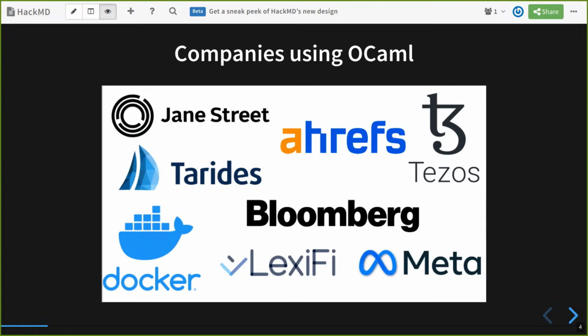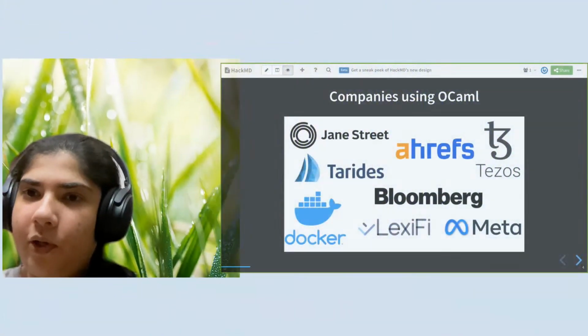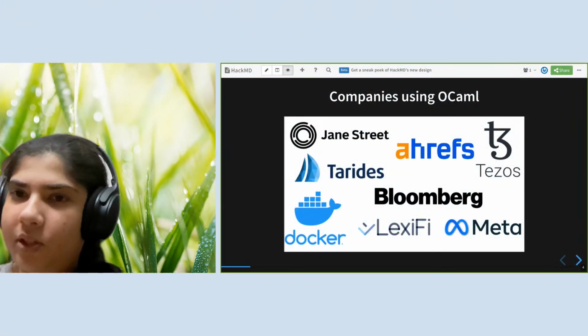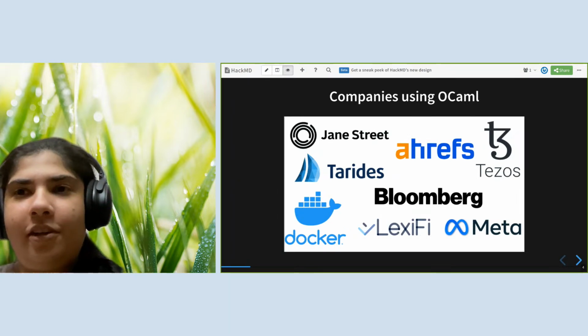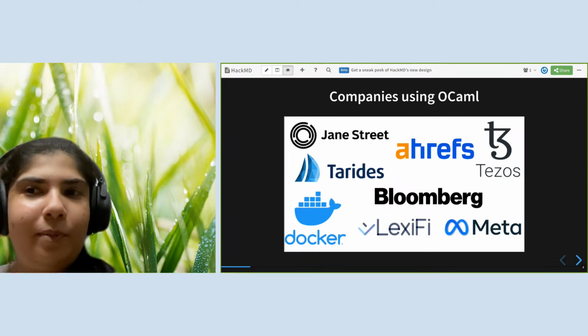And of course, Tarides is where I work. We do a lot of OCaml stuff, and most notably, we have projects like Irmin, which is a data store that's written in OCaml, and also Mirage and the ecosystem surrounding Mirage. So Mirage, at its core, is a unikernel operating system. There are lots of pure OCaml Mirage libraries for the network stack and so on. So this is just to give a picture on where and how OCaml is used, right? So with that,